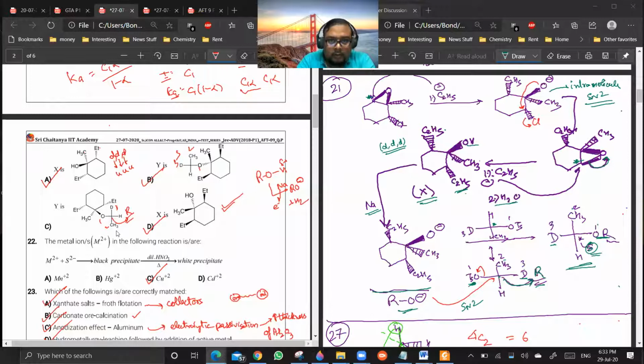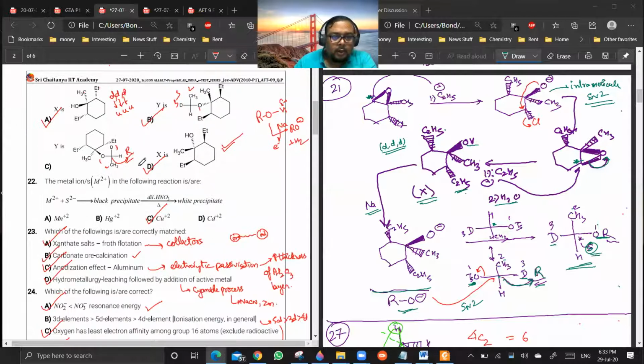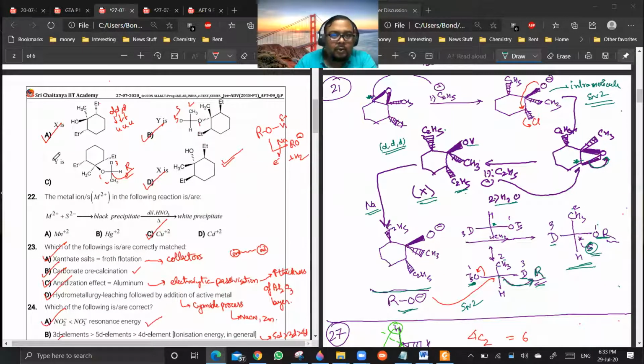Are you clear? Yes, sir. Okay, so this is done. You see here it is a bit difficult to see the things. So that is why we are writing the configuration, to make sure that the configuration which we are getting here matches the configuration which we are getting in the options also. There is no other way of doing it. Visualization is a bit difficult in this case, so that is why we are writing the configuration.